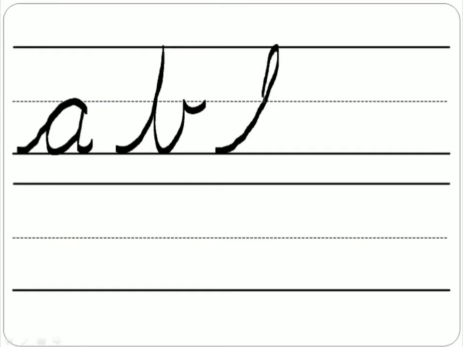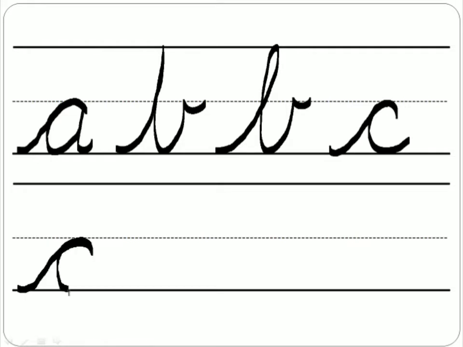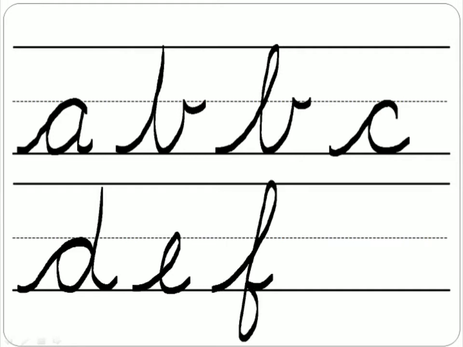So, this is A, B. We could also have a loop like this. C, D, E, F, G. It is important to explain these letters as in start at the baseline, go up to the clouds, turn